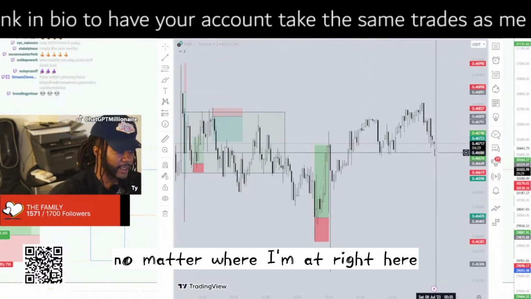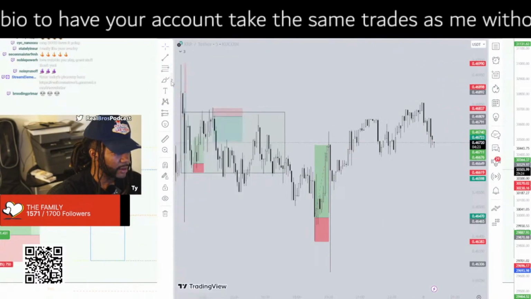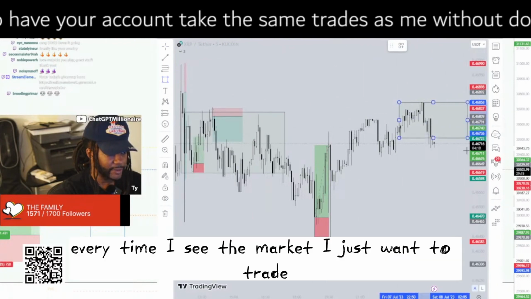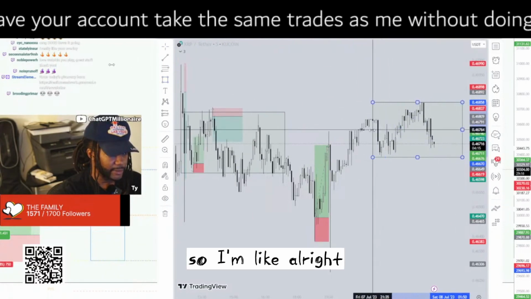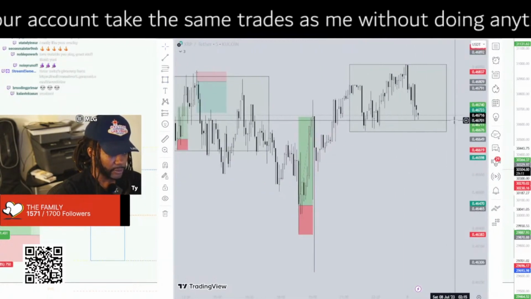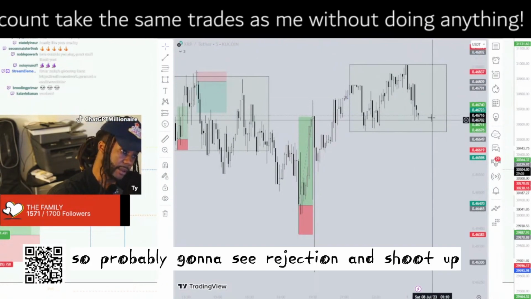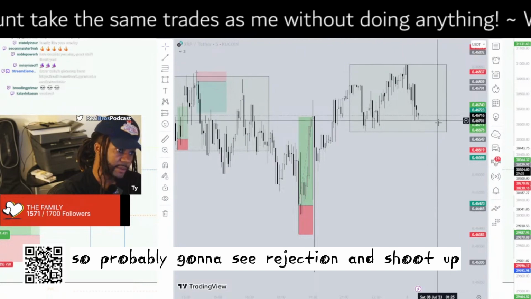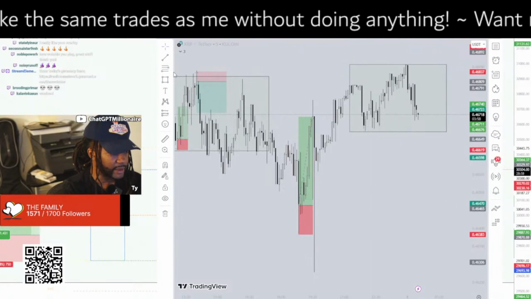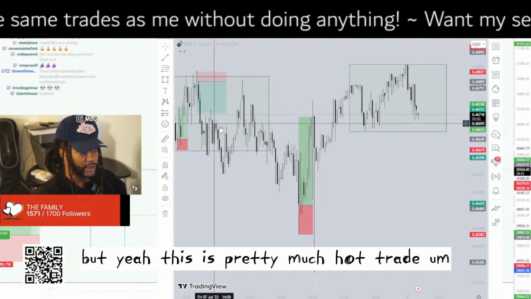Right here I'll put the trading range box on right now. It makes me want to trade right now, just even seeing the market. Every time I see the market, I just want to trade. So I'm like, all right, it's a trading range box for me. So when it comes down here, I can take a trade back up. So probably gonna see rejection and then shoot up, and I'll take a buy right here. Actually, I like that area now, but yeah, this is pretty much how I trade,